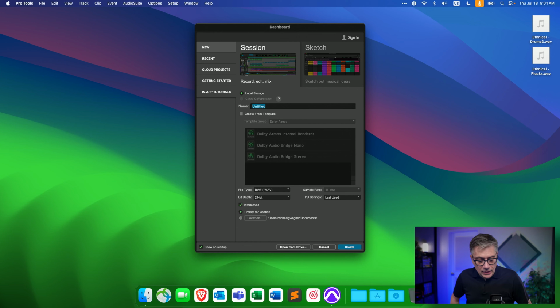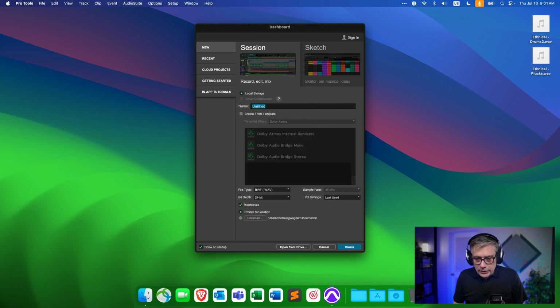Now let's jump into Pro Tools and see how Dolby Atmos is produced using the internal tools provided directly by Pro Tools. So I'm going to work with Pro Tools Ultimate today, but most of the things that I'm going to show work with the studio version as well. And the way I'm going to do that today is that I'm going to start out with a completely empty stereo session because I want to demonstrate how to set everything up manually.